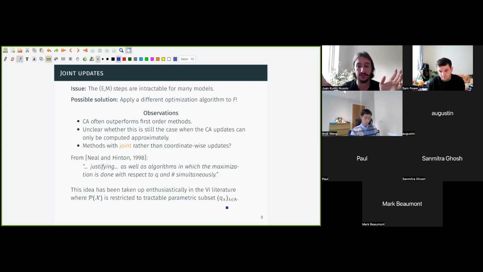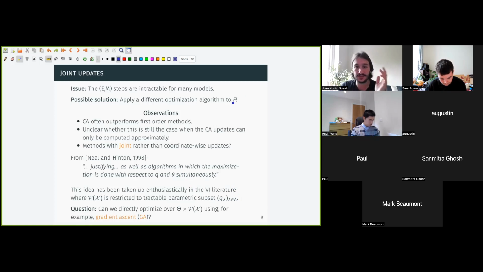Now, if you look outside of this literature, if you don't want to deal with trying to pick a parametric family and the possible headaches that can bring, and you just say, okay, what about optimizing F over the space we care about? Then Adam and I struggled a lot trying to find much about this. Many people have followed up on this suggestion of Neal and Hinton, and the EM Dempster paper is cited around 70,000 times by now. I can tell you that I have not read all of those references, and we easily can miss something. We did miss stuff. Even here, Sam had a blog post giving basically the same idea from around, I don't know, 10 months ago, something like that.